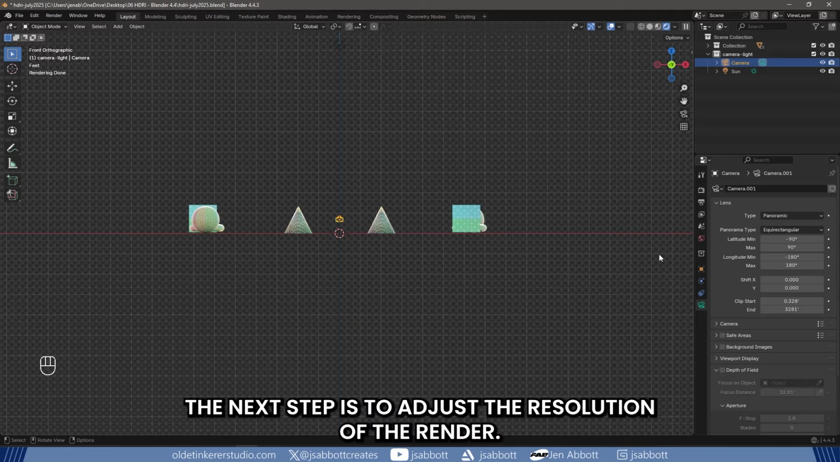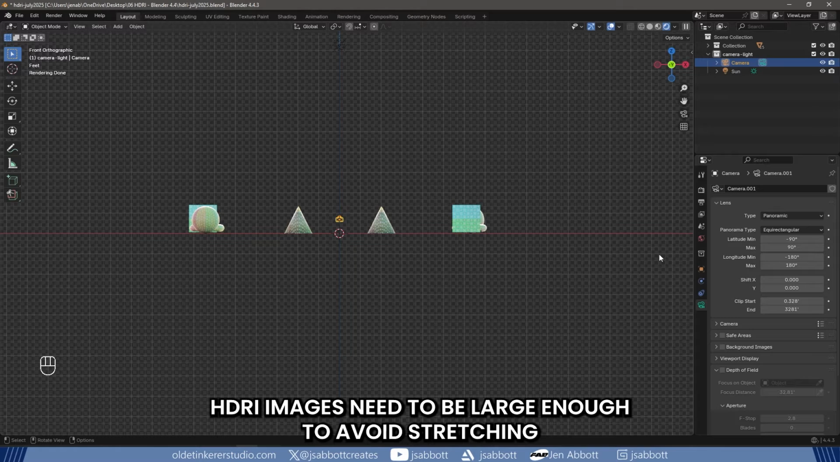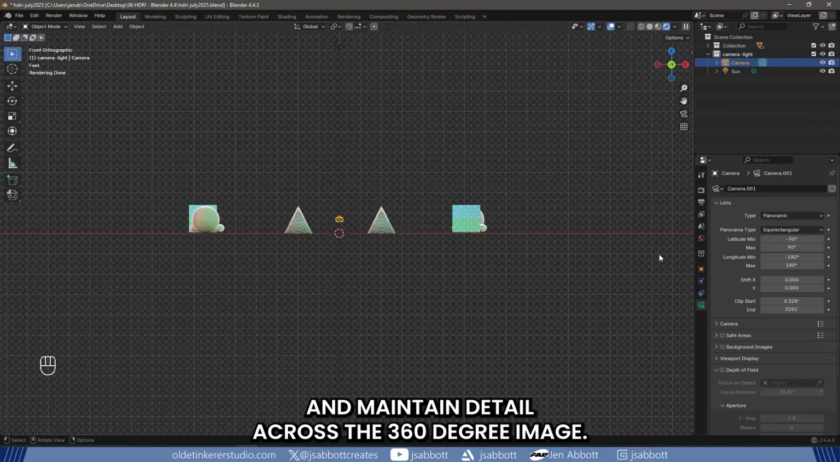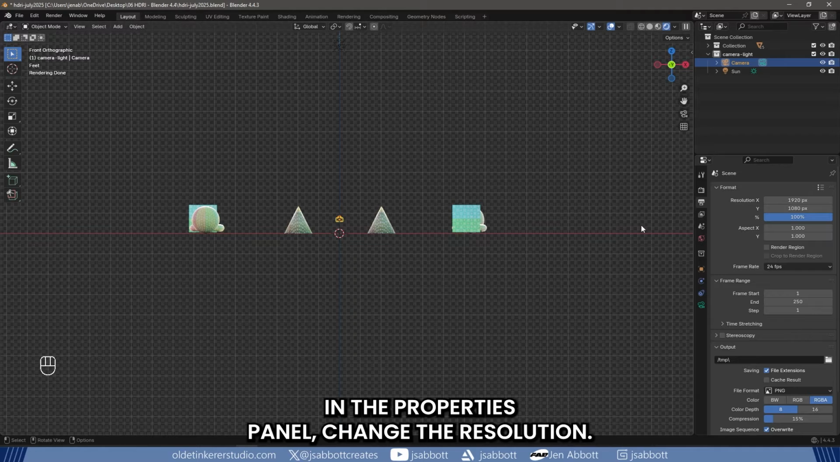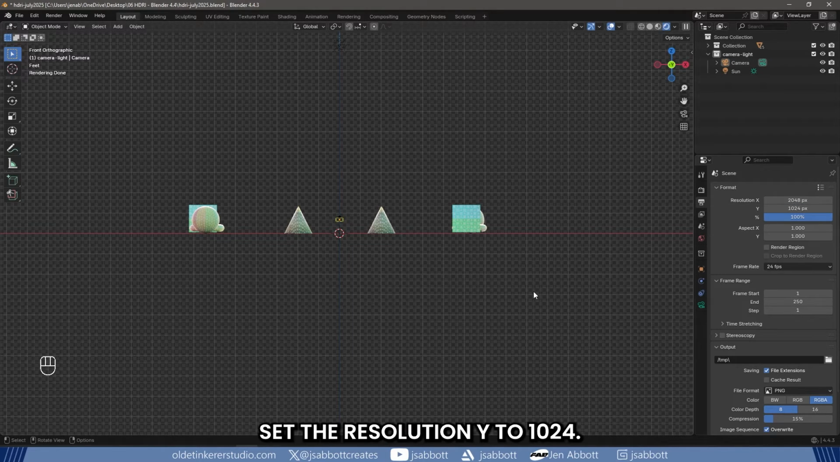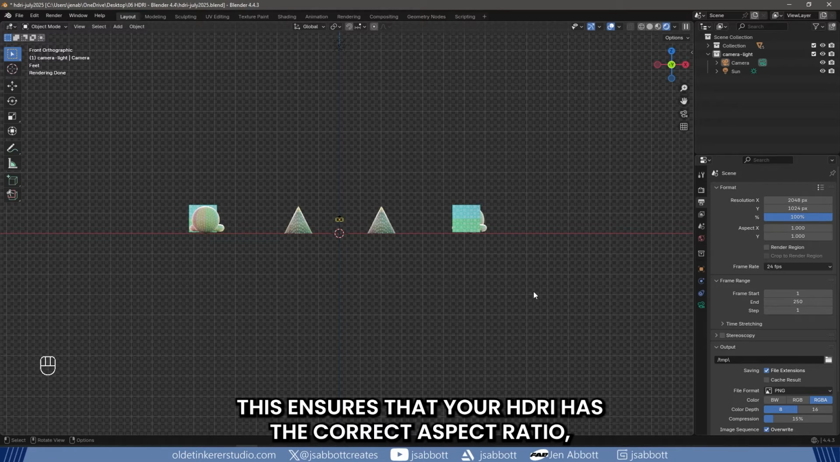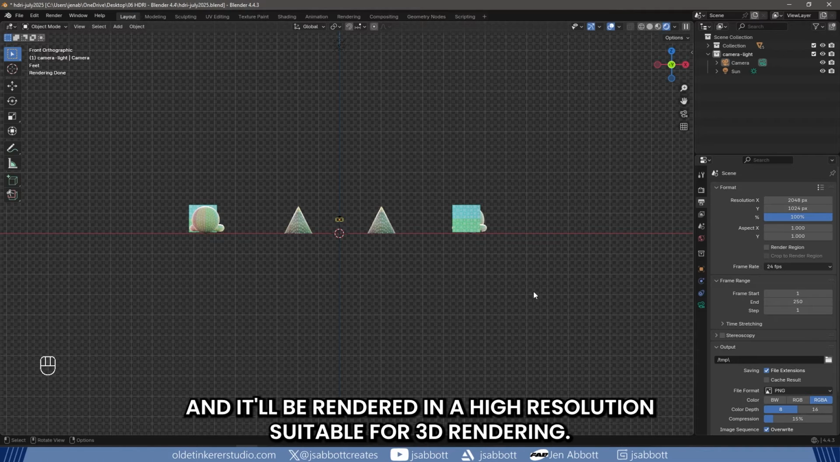The next step is to adjust the resolution of the render. HDRI images need to be large enough to avoid stretching and maintain detail across the 360-degree image. In the Properties panel, change the resolution. Set the resolution X to 2048. Set the resolution Y to 1024. This ensures that your HDRI has the correct aspect ratio and will be rendered in a high resolution suitable for